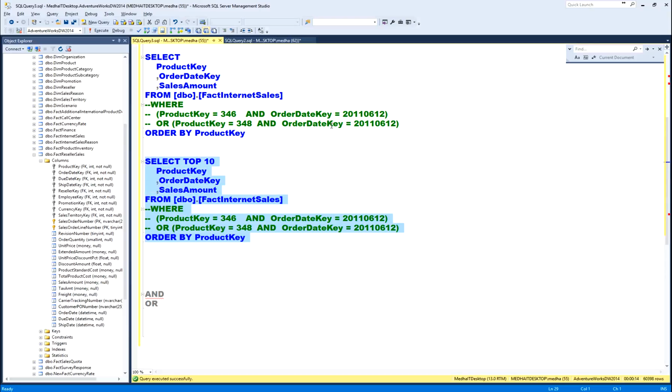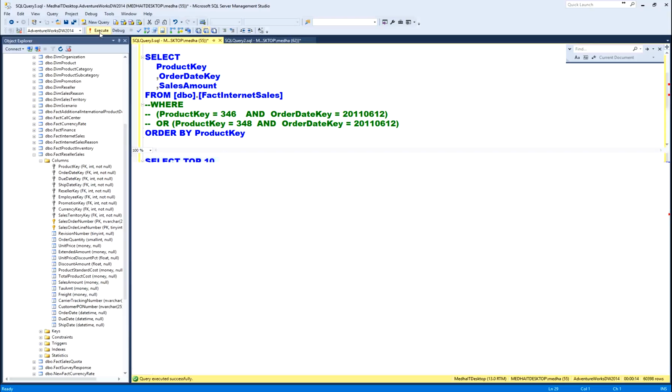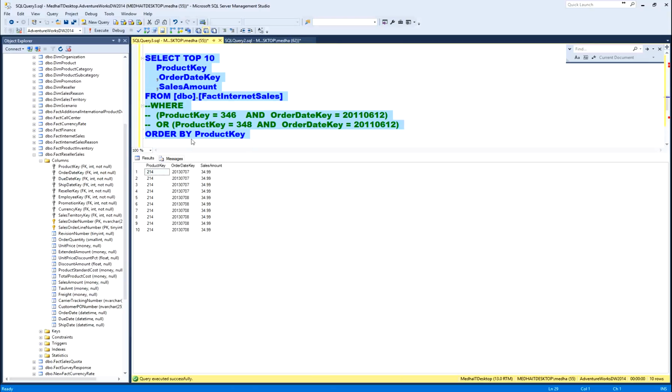Okay, so if I execute this, I get only top 10 records. If I don't put top 10, we got around 60,000 records. By using top 10, we can restrict the number of records retrieved from the table. Okay, but it doesn't do anything. It just executes the complete rest of the statement, and out of the results it got, it shows you